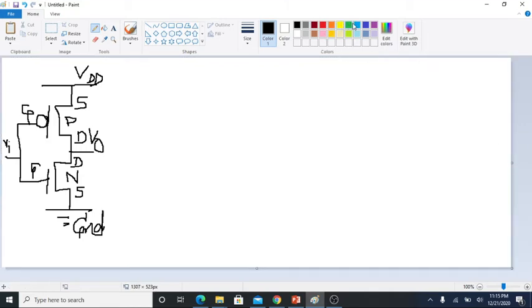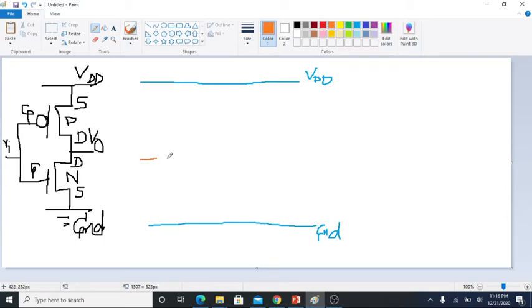For making the stick diagram, we always start by making first the VDD and then the ground. Why is that so? Because before making the stick diagram or layout, we should be clear about how much area it will be using. So this is your VDD and this is ground. Then you make the demarcation line, and the demarcation line is made with brown color.